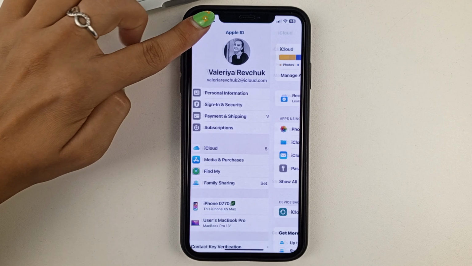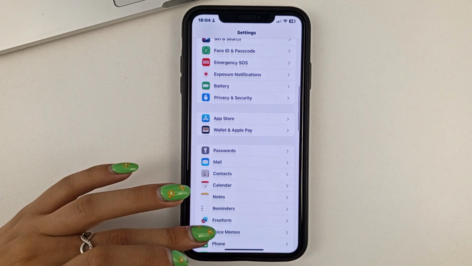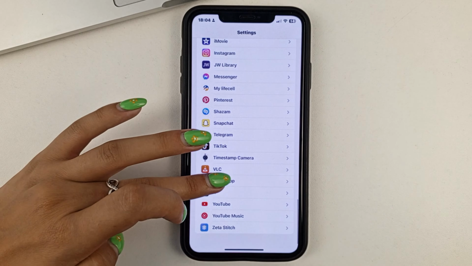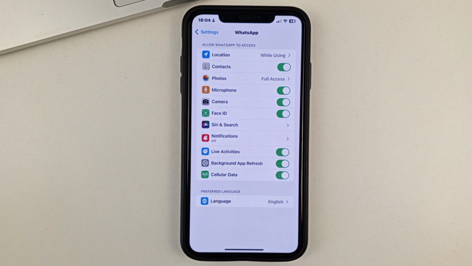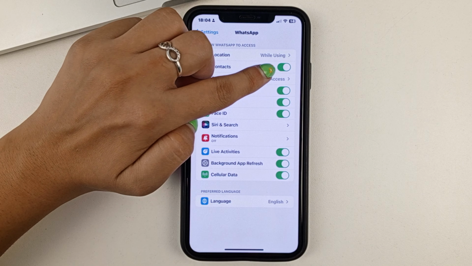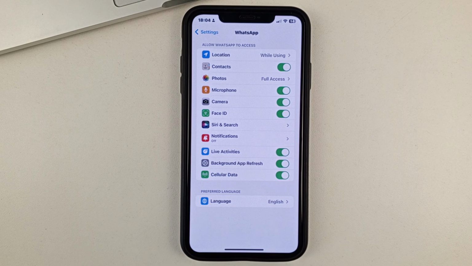After that, friends, go back to your phone settings, scroll down to the bottom, find the WhatsApp app, click on it. And this is where you will also need to synchronize your contacts and also see if you have that button active. If it is not active, then you will need to enable it. So there will be a synchronization between the contacts on your phone and WhatsApp app. And this can fix the situation if some contacts were not shown in WhatsApp app earlier. Friends, this is the way you can fix the contacts which were not showing up in your WhatsApp.